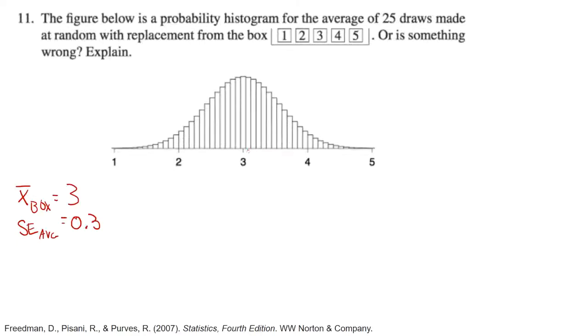Nope, it's not. It does look like a probability histogram, that's the trick. But it's not the probability histogram for this box because there's way too much spread in these data. If the standard error average is 0.3, then